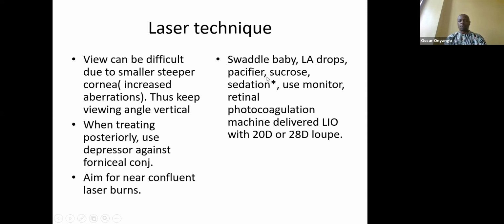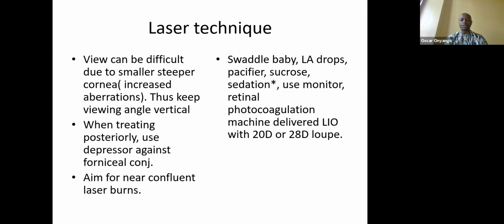Swaddling the baby, local anesthetic eye drops. One private hospital I know has pacifiers. You put a bit of 50% dextrose and the child sucks that as you proceed with the laser. You can still use a wooden spatula, put sterile gauze on it with some sucrose, and that still works. You must have a monitor. Remember, these children are easily prone to apneas. I've had bradycardia episodes also, actually. And you need to know what is going on systemically. You can be doing very good eye treatment and end up with a blue baby, so to speak,